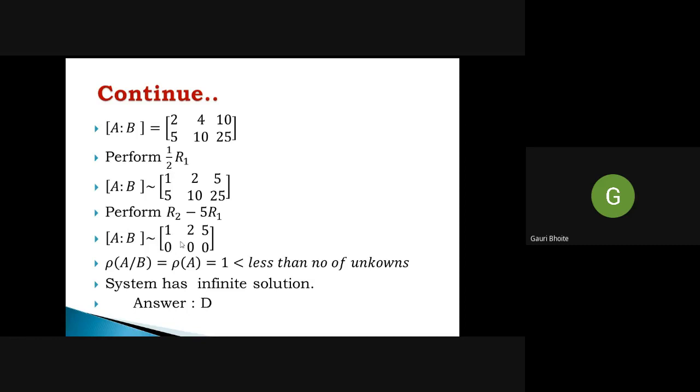Again, all elements below the diagonal are 0 and the zero row is at the bottom, so it is row echelon form. So what do we get? Rank of matrix AB is only 1, since the number of non-zero rows is 1. Then how do we find the rank of matrix A?